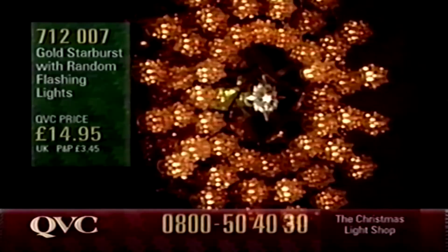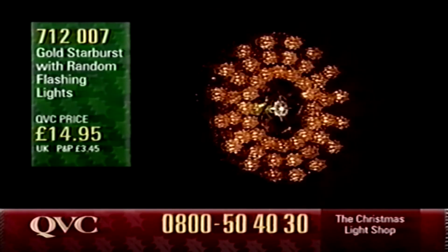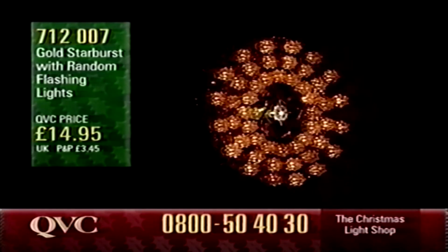Now this is our next flashing light. Look at that. It's a great idea. It's a gold starburst light, 712007. So it's a real James Bond one, this one. Extremely unusual Christmas wreath. So it's a really lovely idea to pop perhaps on the front door. Not actually outside, but again, slightly inside, perhaps with a porch. And it's a really good price at